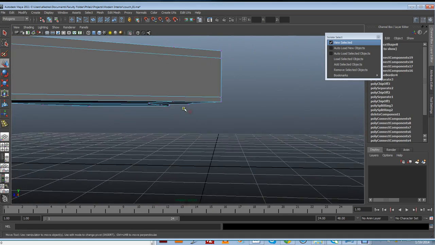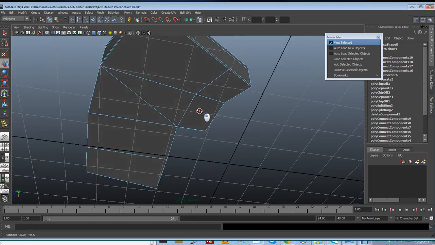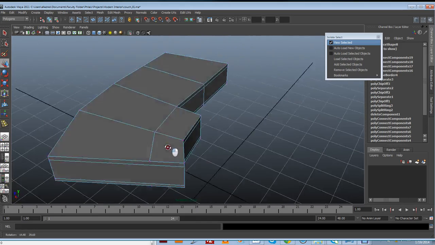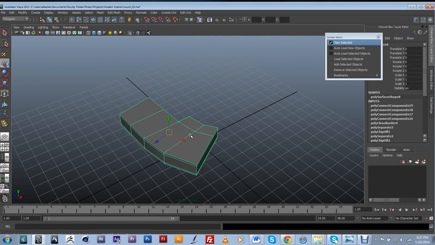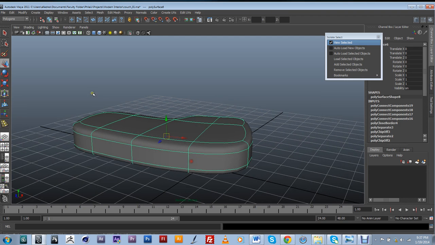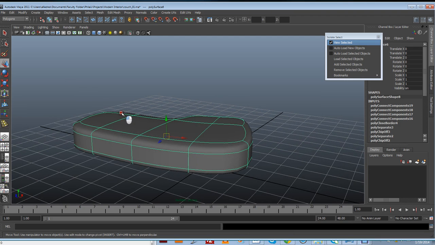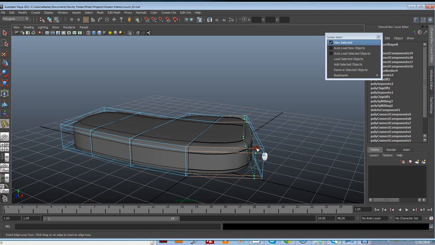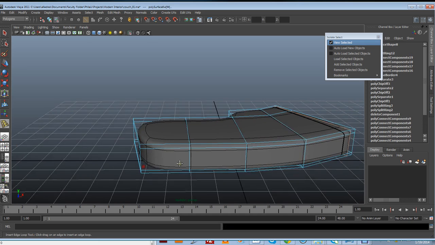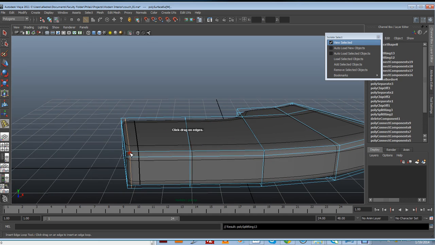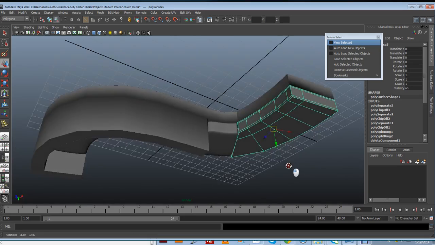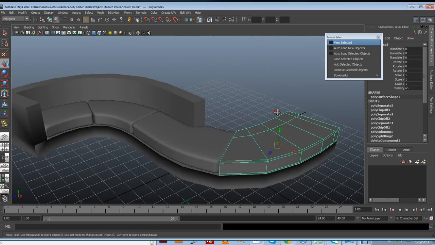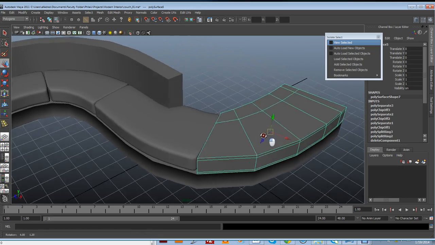Okay, we're also going to have to maybe fix this geometry a little bit at some point, but for now, again, I can just do a smoothing preview, and I can go and insert a couple of edge loops over here, just so I can create a little bit of sharpness there. Alright, so now that's looking really good right there, and then let's just select the last one and do